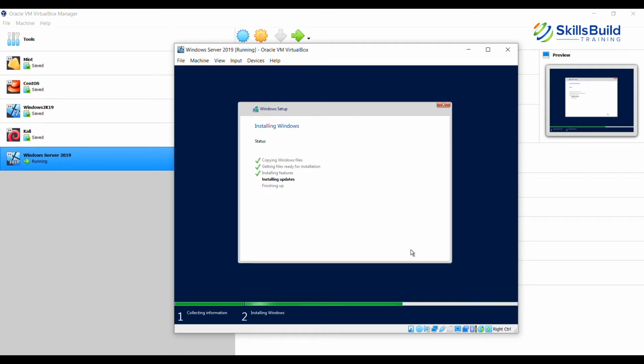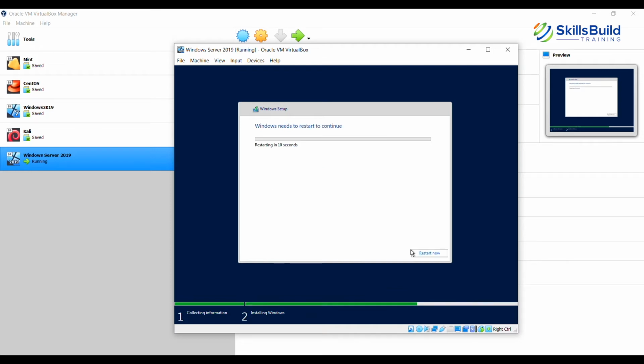Oh, okay. So here you go. It's already installing the update and finishing up so quickly. So these are some of the key variants. There you go, it has already started the virtual machine.